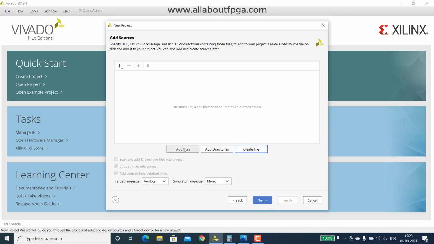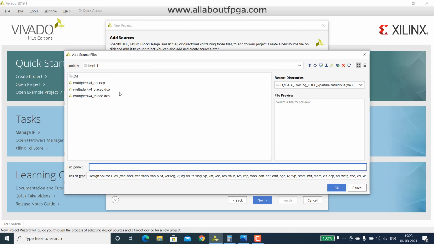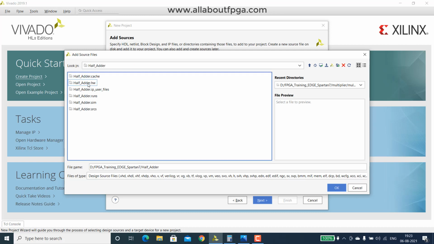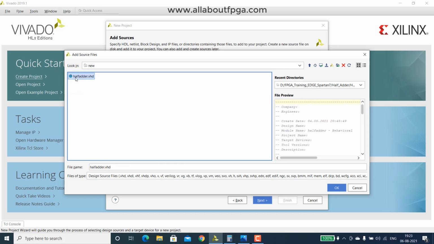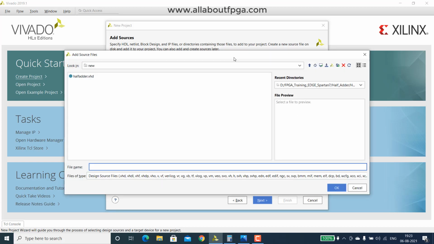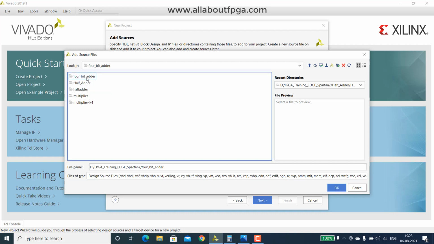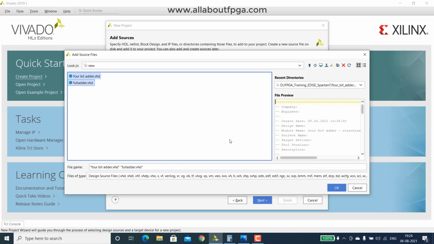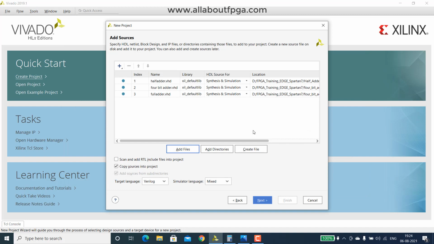We can add some of those files that are already created, like half adder, full adder and 4-bit adder code. So all of them are added.